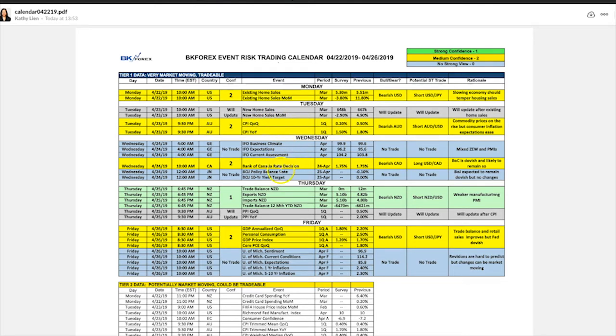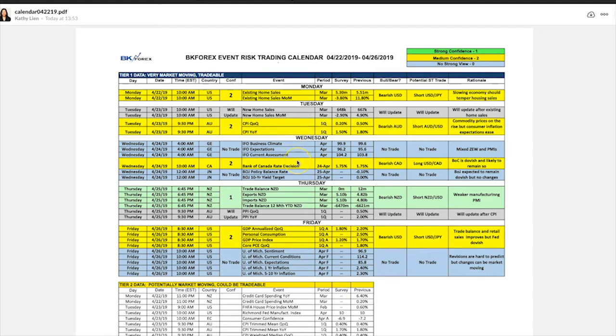Then the really big event, well, before I get to that, we have the Kiwi trade balance data. Kathy is convincingly bearish. She's confident bearish on this one, so it could really pressure the Kiwi more to the downside. We saw, by the way, the Kiwi CPI data be very, very cool. So very likely we might have Aussie CPI data be cool as well.